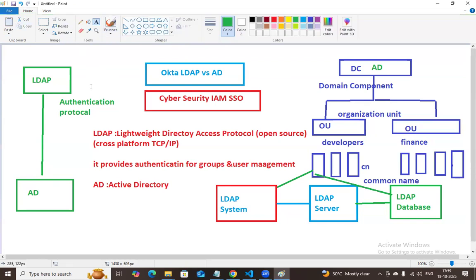This is giving a request. LDAP is giving a request to the AD. If he is the right person, if all the data is valid, then he can access the particular applications. That is the single sign-on concept, and this is something like an identity access management